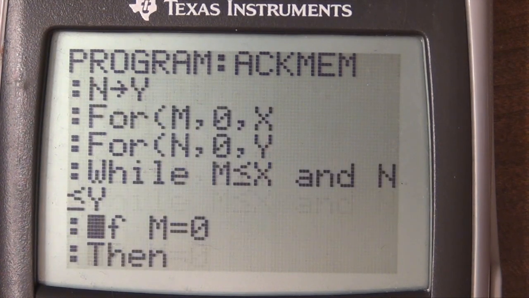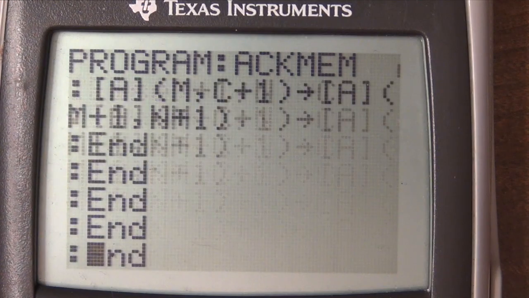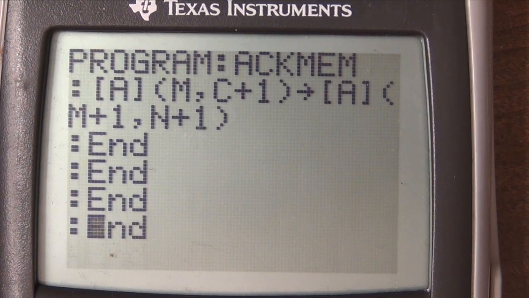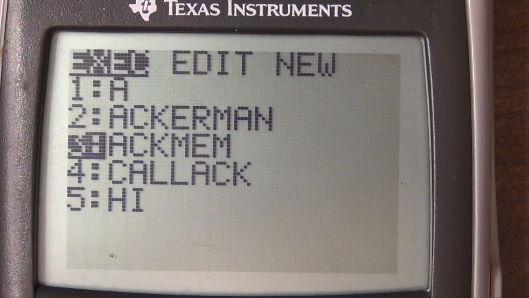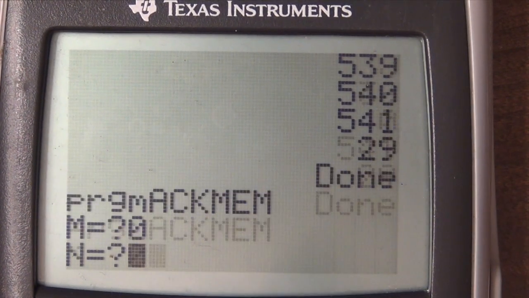I don't know why I have the while loop actually, because if I'm doing a for loop to the x and the y, I don't need it. I think I just didn't realize what I was doing for a second there. Okay, so Ackermann. Let's just test it on some numbers just to make sure it works. So if I put 0, 0,